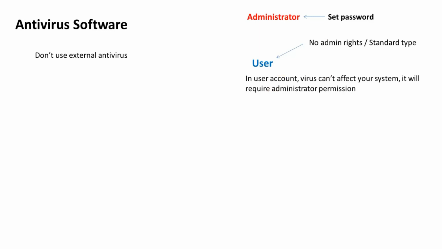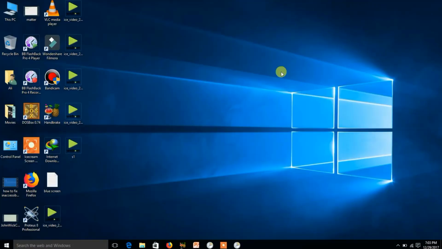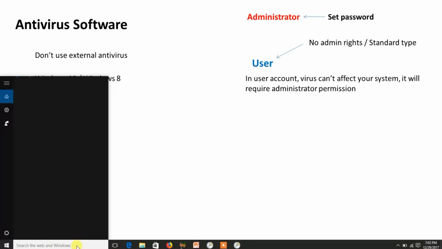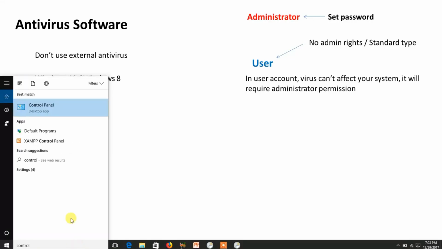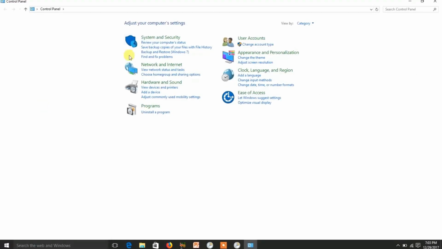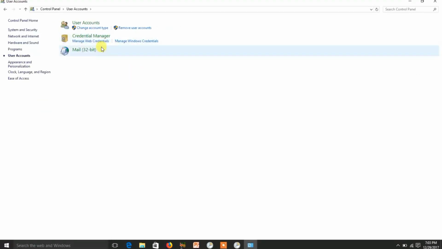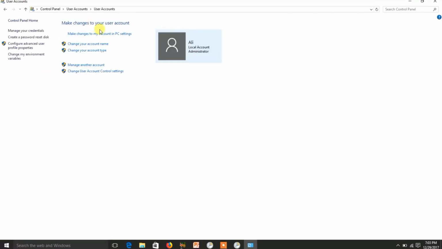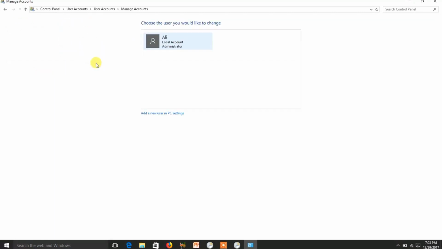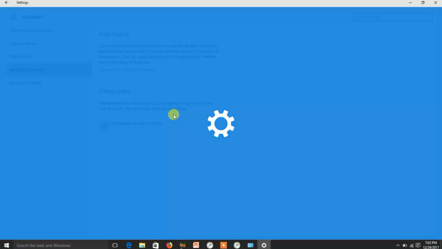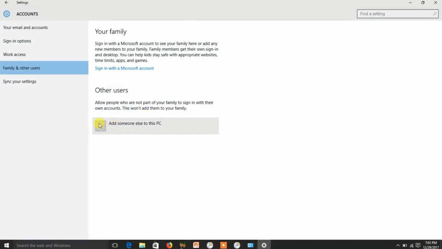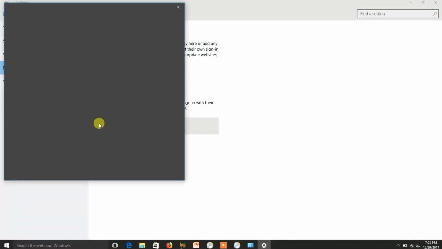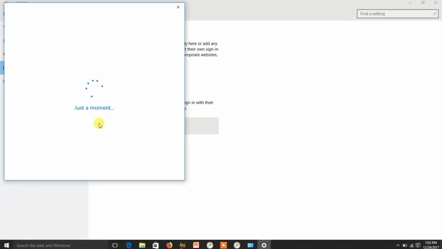Now, how will you do this in Windows 10 or Windows 8? Let me show you. Simply right here, control panel, go to user accounts, click on user accounts, manage another account, add new user in PC settings, add someone else to the PC. Just a minute. Let's see.